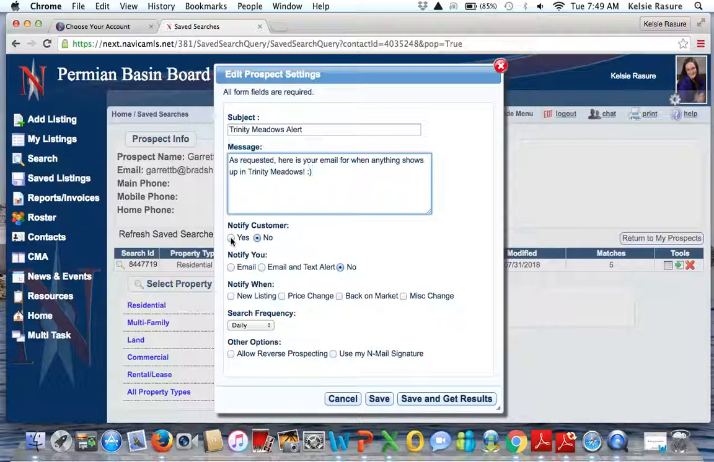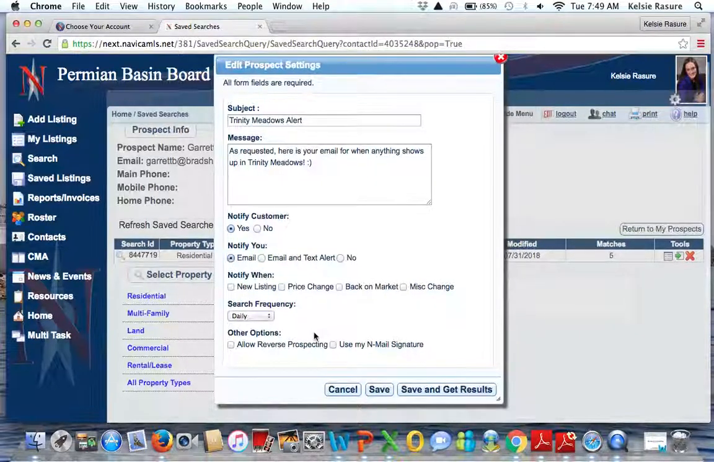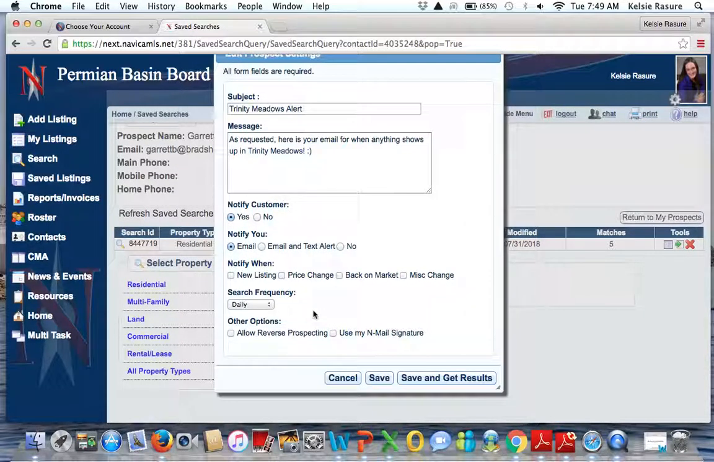I want to be notified as well as my customer, so that way I know as soon as something's sent to him, so that way if he were to ask me about it, I would be in the loop. I want to be notified whenever there's a new listing, whenever there's a price change, or whenever anything comes back on market. I don't want to be notified when there's a miscellaneous change because you would be getting all kinds